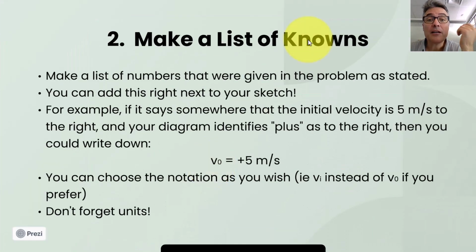Step 2, make a list of knowns. Make a list of numbers that were given in the problem as stated. And you can add this right next to your sketch. For example, if it says somewhere that the initial velocity is 5 meters per second to the right, and on